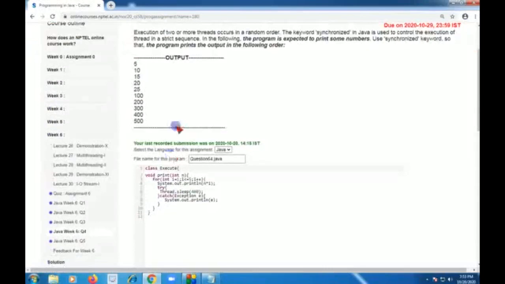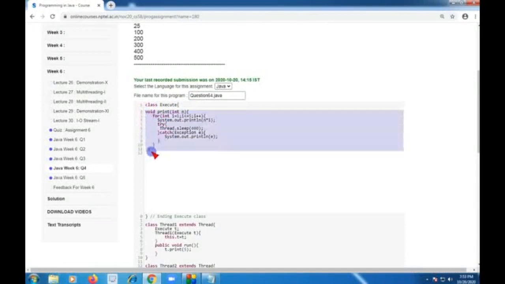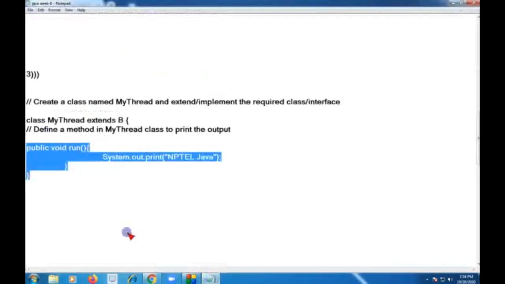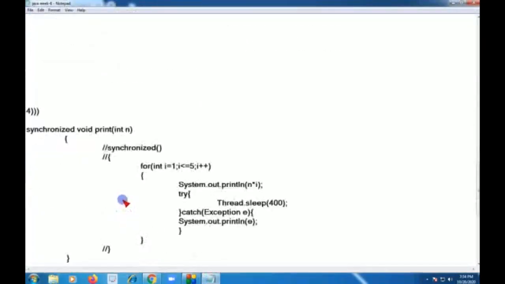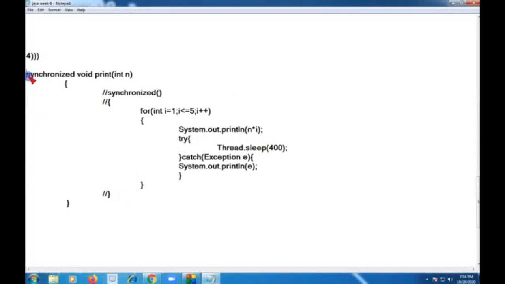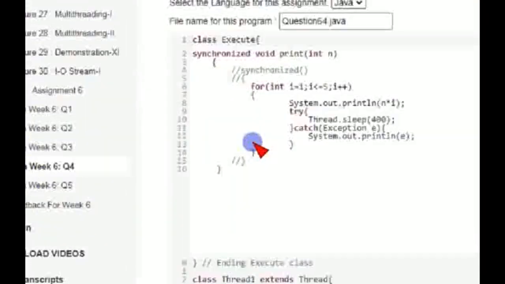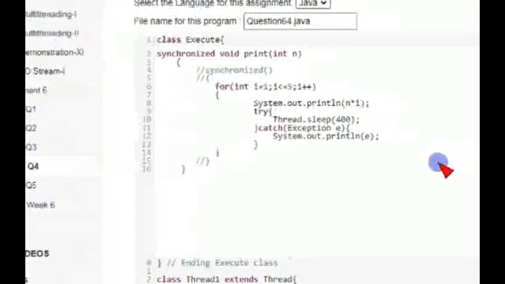And for this I'm going to give you the code. So friends, before going to the code, you should clear off all that they have given earlier. I'm going to clear all this, and you should write the code that I will give. So this is the code. I will show you once again there and paste it here. And if you see this, this is the code.